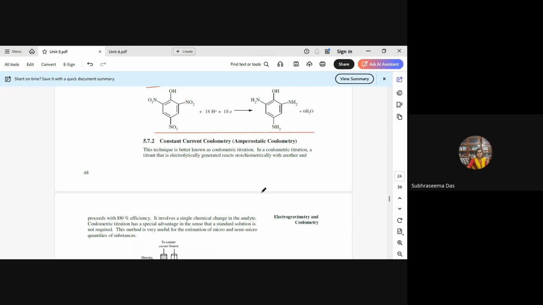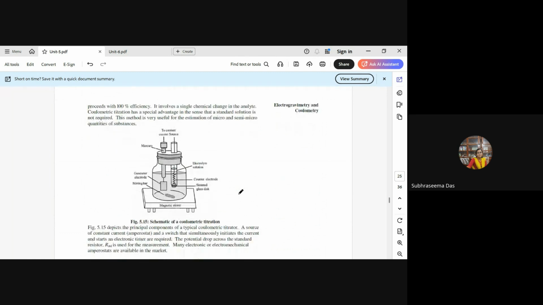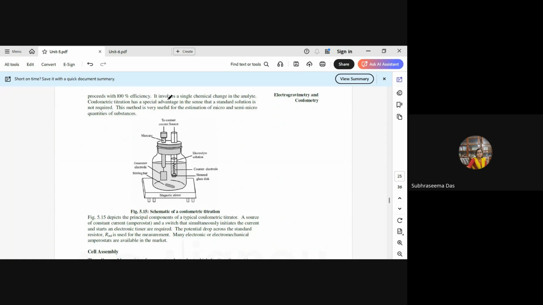Now coming to amperostatic coulometry. So this technique is better. It is called coulometric titration. In a coulometric titration, the titrant reacts stoichiometrically with another substance and it proceeds with 100% efficiency. It involves a single change in the analyte. Coulometric titration has a special advantage in the sense that a standard solution is not required. Because a standard solution is not required, it can be used for the estimation of micro and